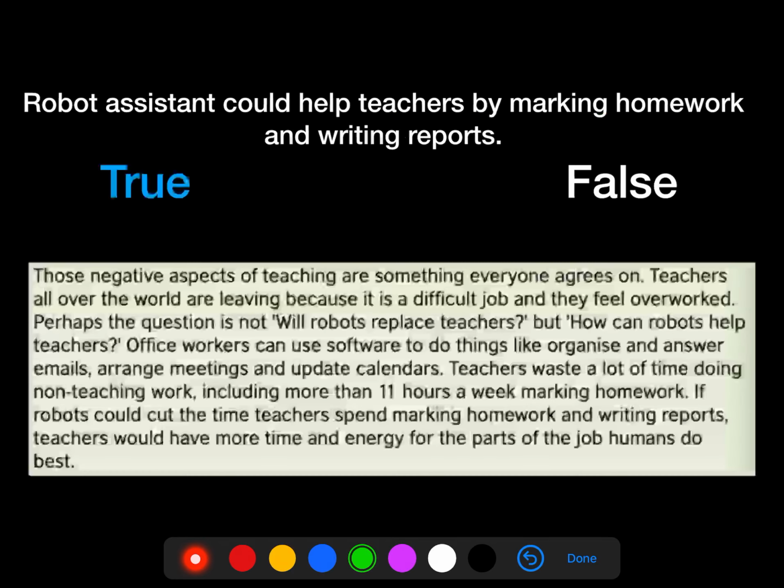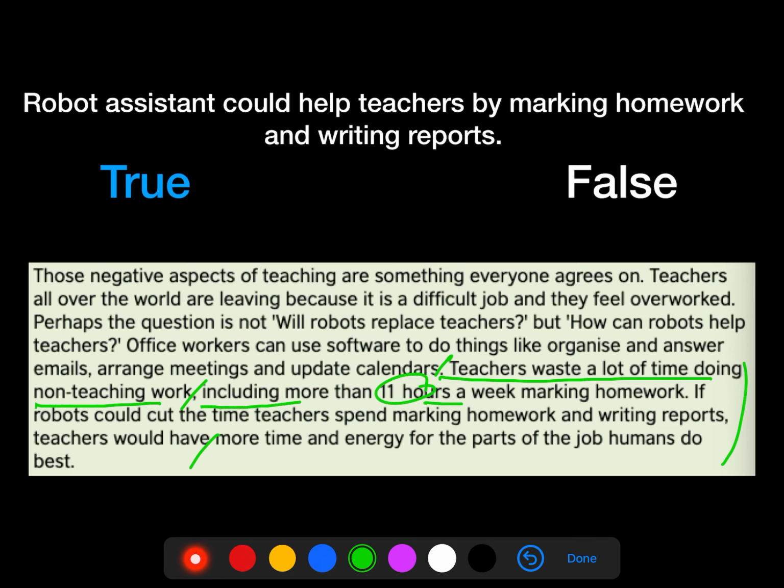The answer is true. Why? So we can find this, not why. Where can we find these answers? So we can find the answer from this sentence here. So shall we read? Teachers waste a lot of time doing non-teaching work, including more than